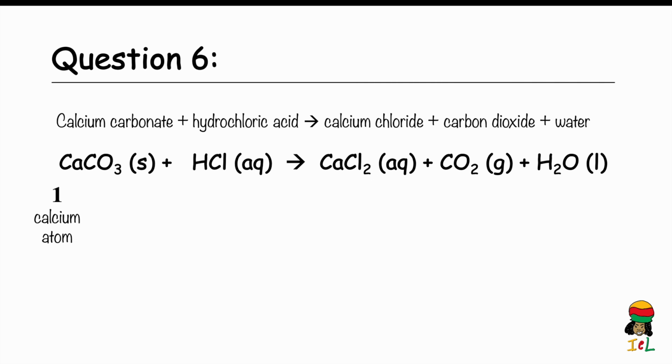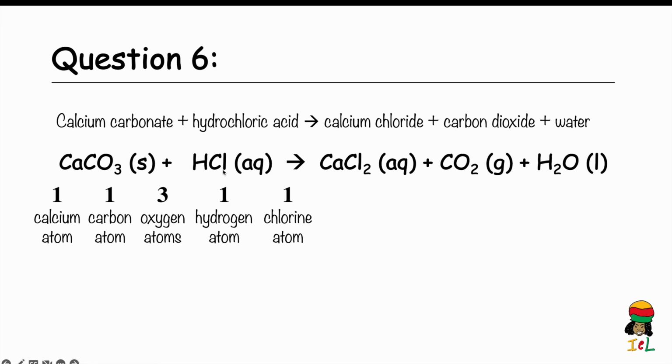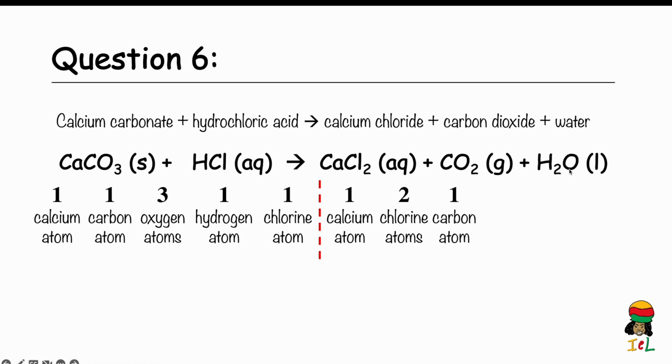So we have 1 calcium atom, 1 carbon atom, 3 oxygen atoms, 1 hydrogen atom, and 1 chlorine atom on the reactant side of the equation. On the product side, we have 1 calcium atom, 2 chlorine atoms, 1 carbon atom, 3 oxygen atoms in total, and 2 hydrogen atoms. We're going to erase the atoms that are already balanced just to see which ones we